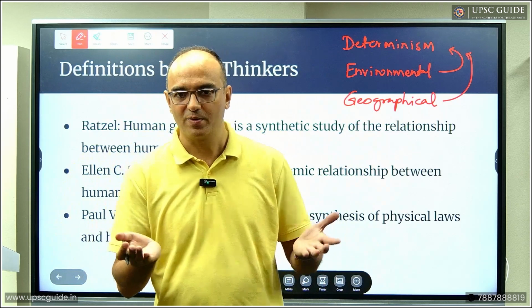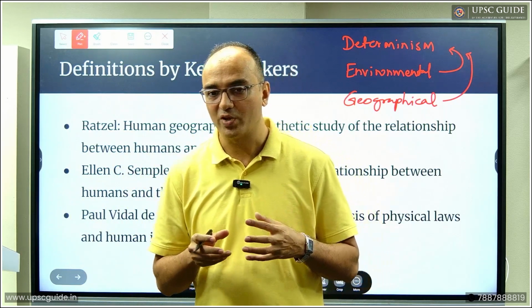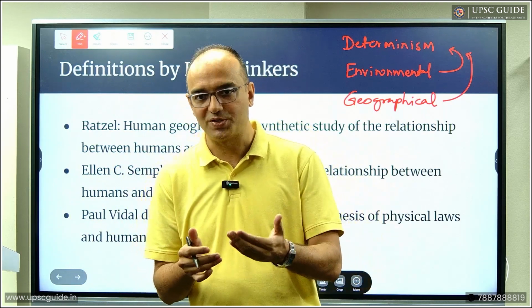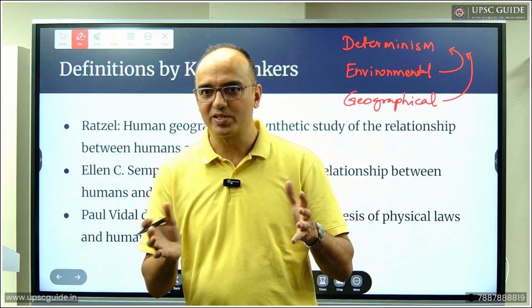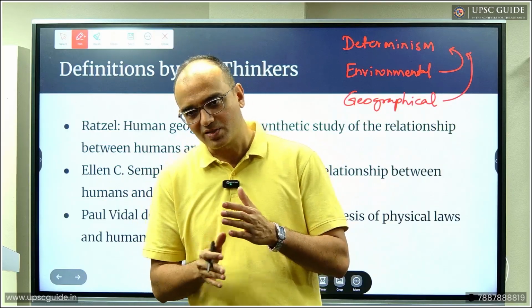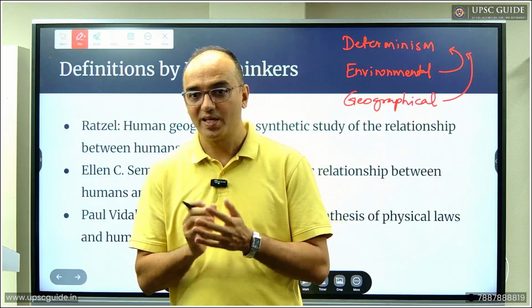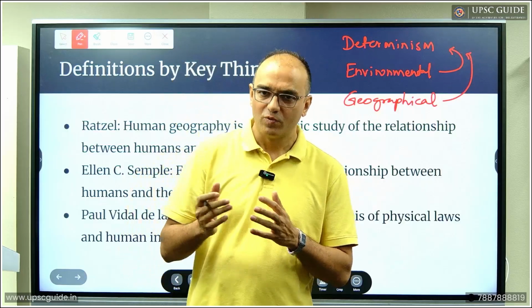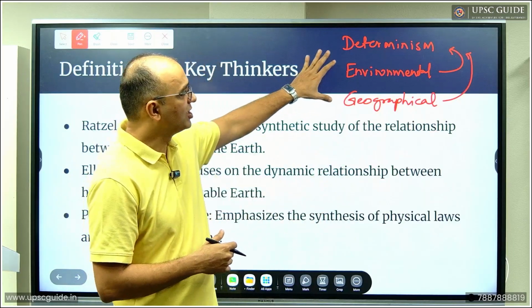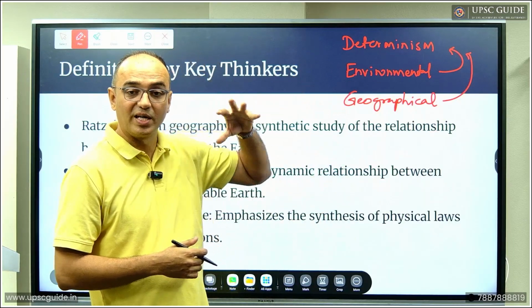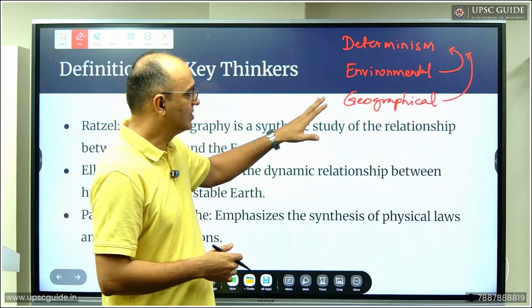You can't have flat, you can't have rail. We are trying to fight the nature by constructing more roads, railways, airways, and all these things. But nature does landslides, say, earthquakes, say, right? It tries to bring us back on track. So determinism, where nature is dominant. Clear? This is Ellen Semple.